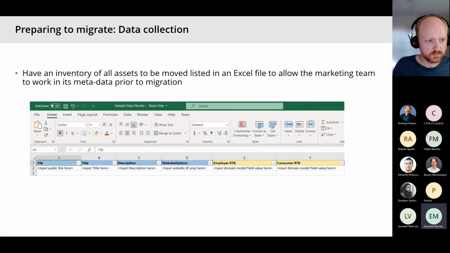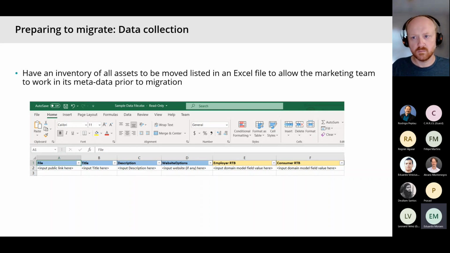So how do we prepare to migrate digital assets into Content Hub? As I said before, Content Hub comes with a tool that makes it simpler to migrate or upload content. All you need to do is put in place an Excel file that has columns for each of the different fields you have defined in your model.